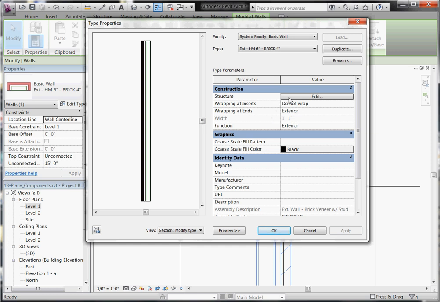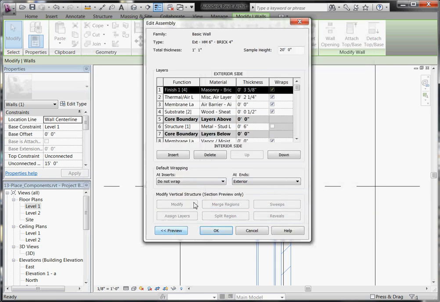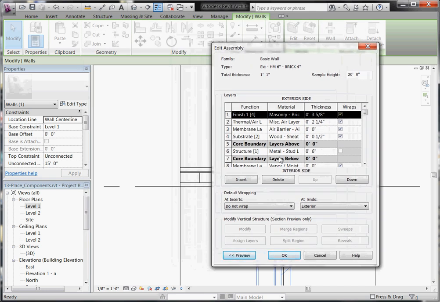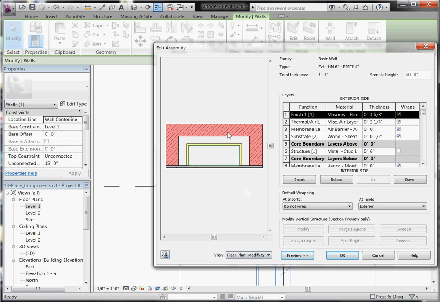And then I need to actually edit the structure of the wall itself. So click on edit structure. And you probably don't see that window. By default, you don't see a preview. But what you'll need to do is you need to click preview. And it may bring you a preview of a plan view of the wall. So click preview and then click the pull down menu of what you're seeing and actually go to a section